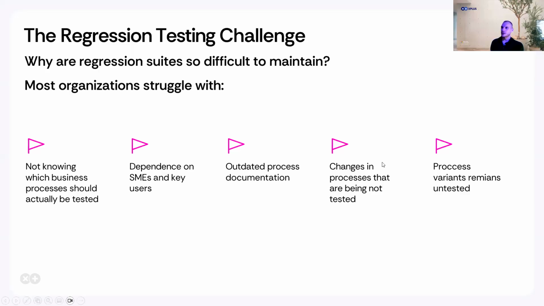So the next point is changes in processes that are not being tested. This is also common in business process changes. There is a full process of making the modification to the process, signing off the modification, but very often at the end, the IT department or test department is not informed that something changed, and then it may lead to different situations, like a test case failing because the process changed,